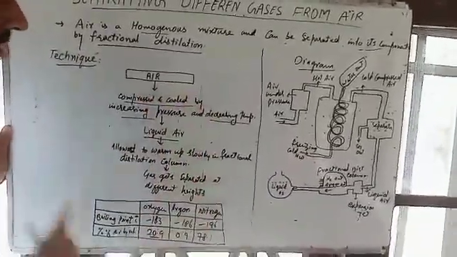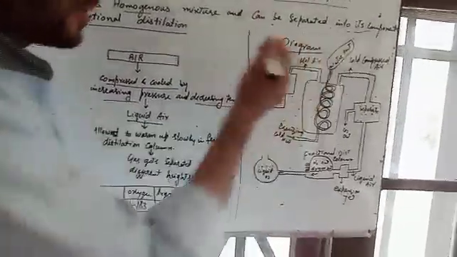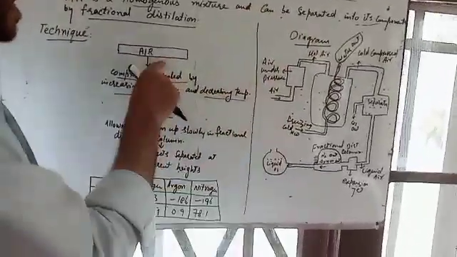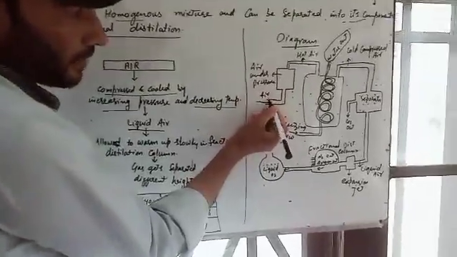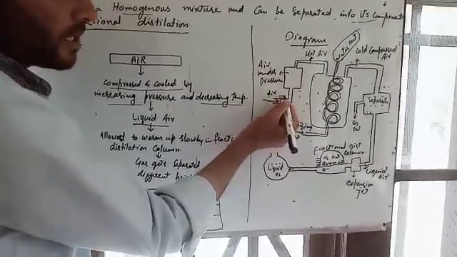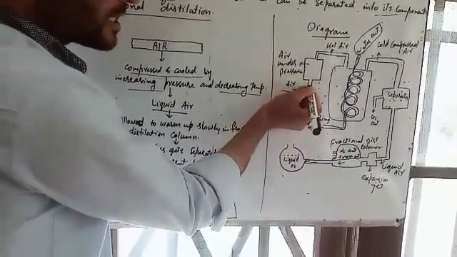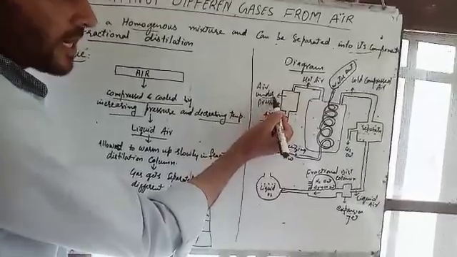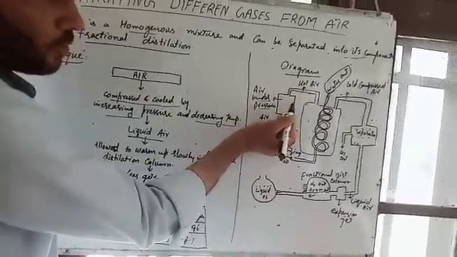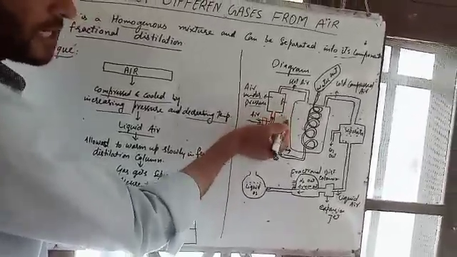Then how this technique is performed in the proper way, I will show you with the help of a diagram. Number one, the first point I made here is air. Air is taken in. Here you can fix a filter so that the dust particles will be removed. That means pure air is taken inside. Then there is a chamber in which the air is compressed, that means air under pressure. This chamber applies pressure over the air.